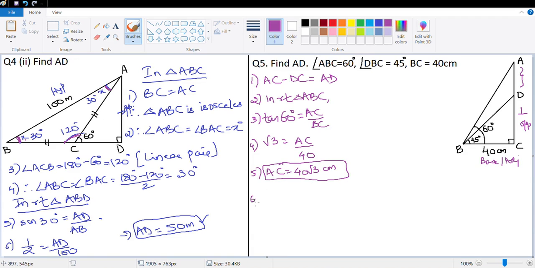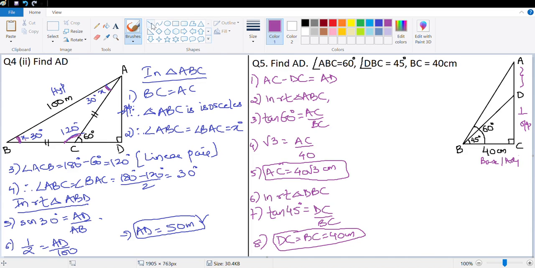Next, let's look at the small triangle. So in a right triangle DBC, what we have is tan 45 degree is equal to DC upon BC. We know tan 45 is 1, which means DC is equal to BC is equal to 40 centimeter. So this is 40 and the AC is 40 root 3, which means we need to calculate the value of AD. So AD would be equal to AC, which is 40 root 3 minus 40 centimeter,